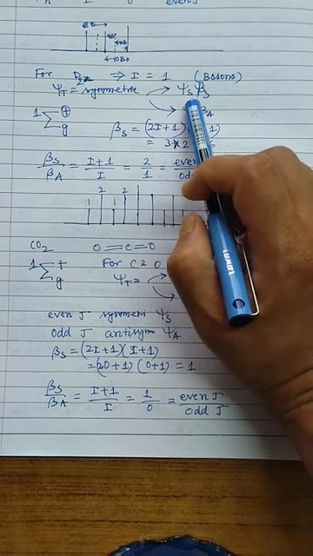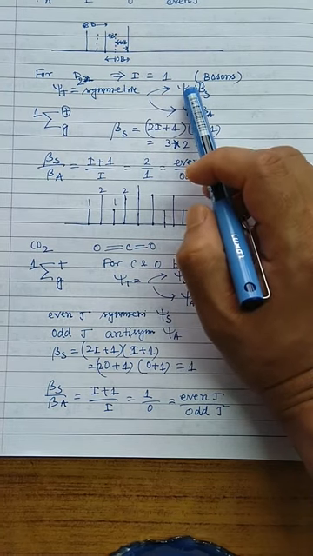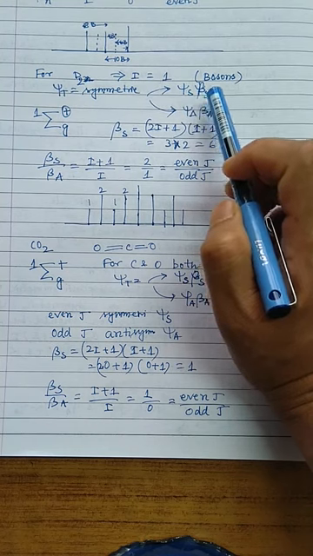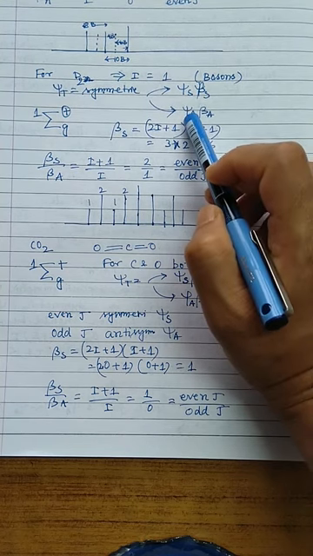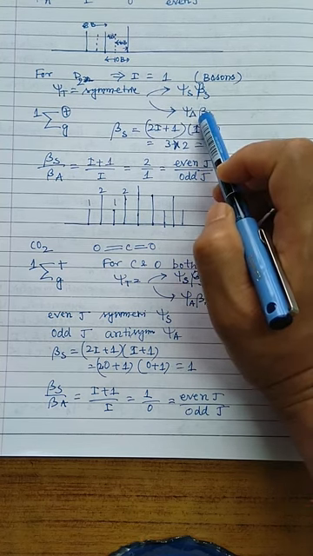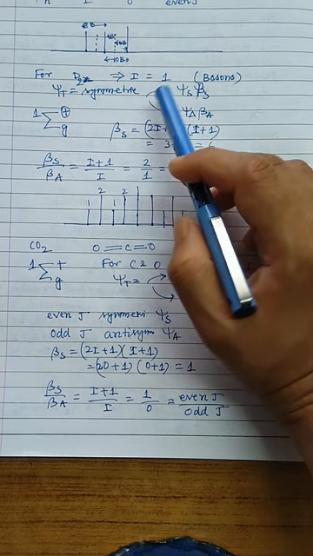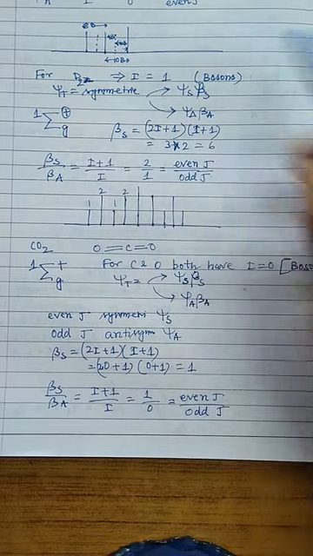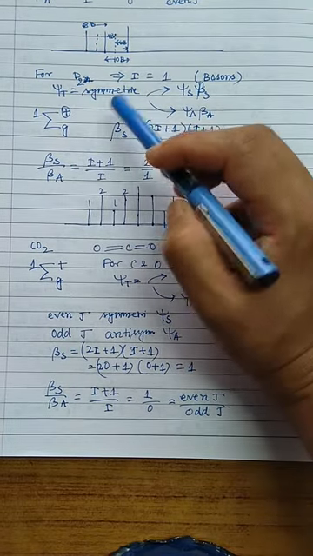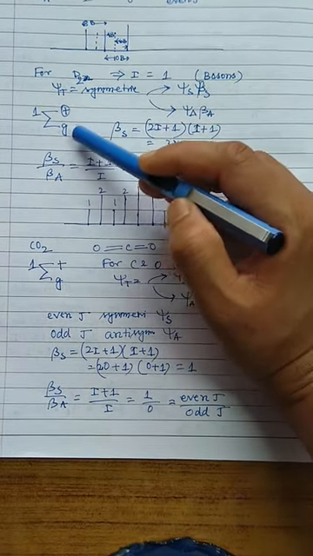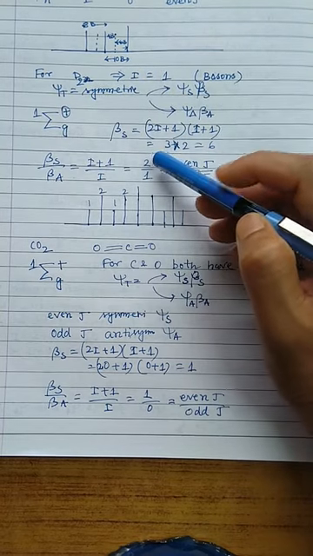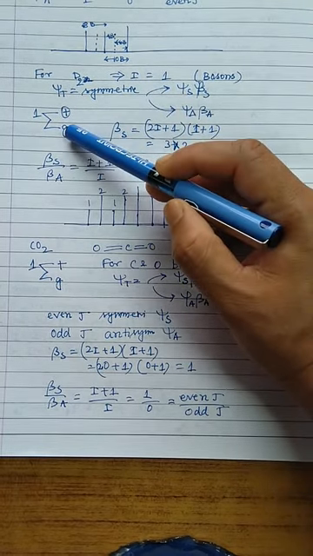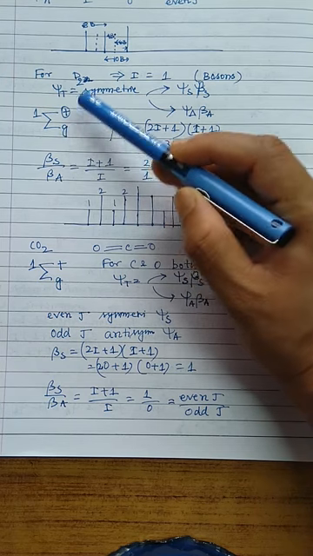So for symmetric psi total, we know that this condition can be achieved either when the space part is symmetric and the spin part is also symmetric, or the space part is antisymmetric and is multiplied by the spin part which is also antisymmetric. In that case also psi total is symmetric. And the molecular term symbol for the deuterium molecule appears as 1 sigma g plus. So sigma g plus means even J is symmetric.